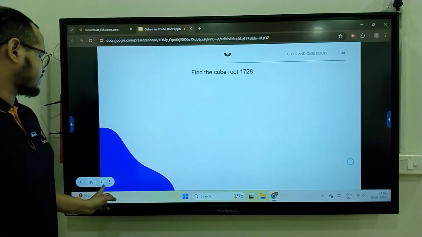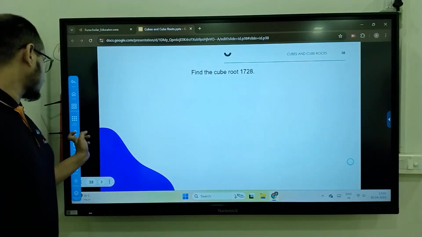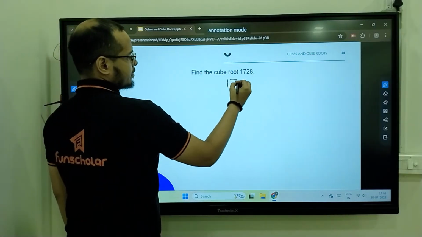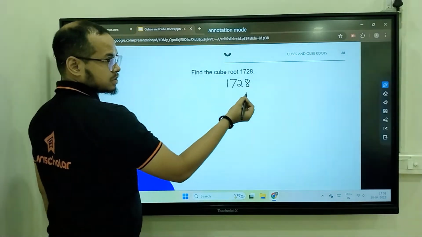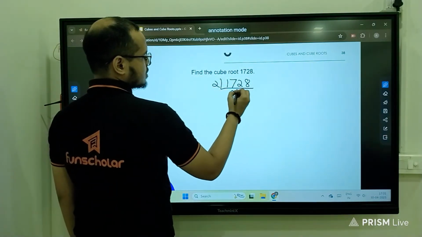Next, find the cube root of 1728. Let's do this. So I have 1728. Last digit is even. So 2, 8,